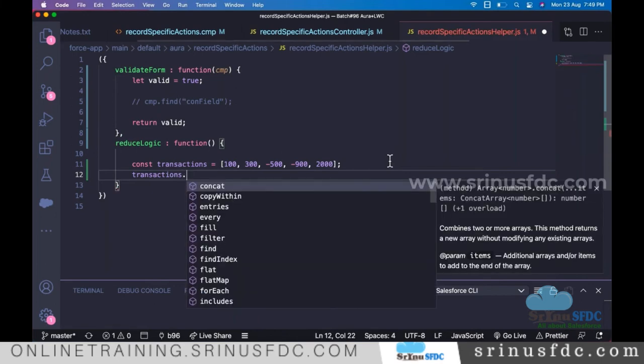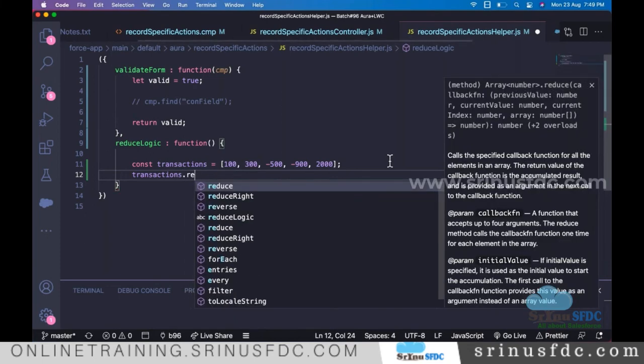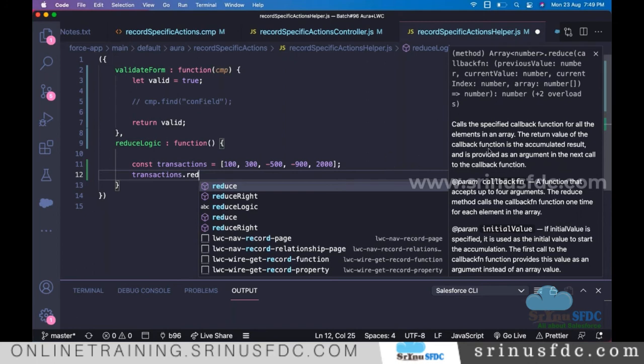For that we have a method reduce, and here in VS Code you see good documentation for it. If you see the different parameters: previous value, current value, number, and current index.